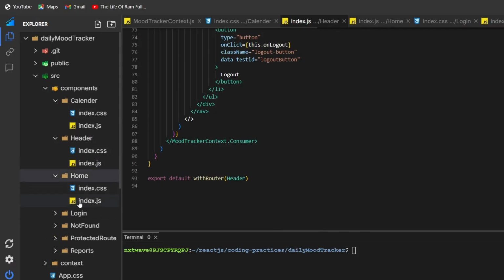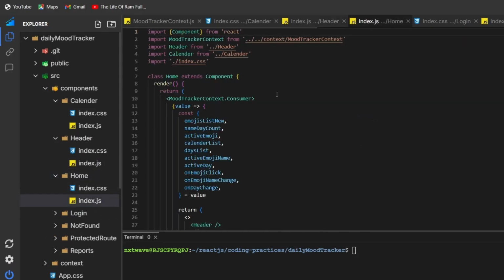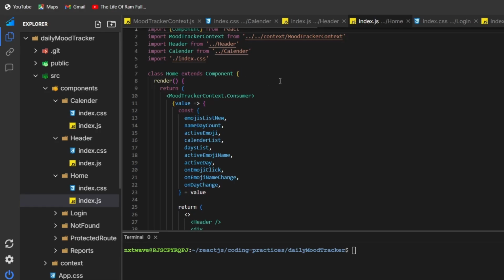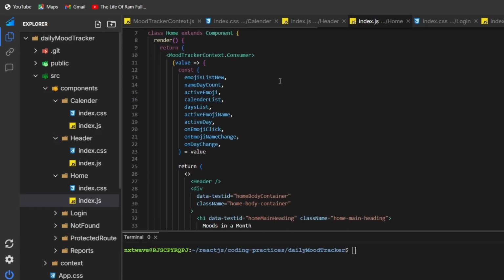This home button has code, and I imported the extra library. The mood tracker context is already given and the header is already here. This calendar is something I imported, and you can see this code